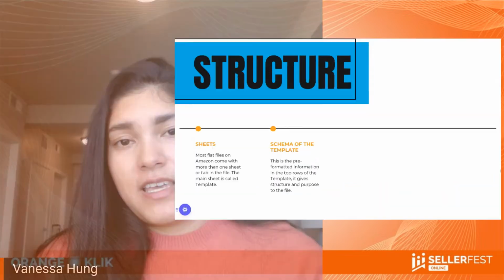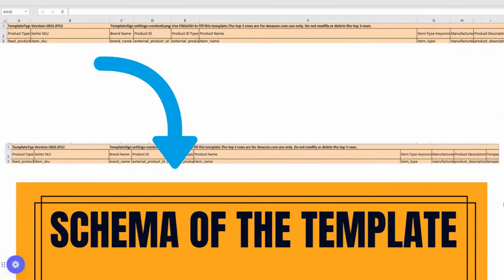So then we have the schema of the template, which is the top 3 rows of the file. And top 3 rows are in the category listing report. There are other flat files that have just 1 or 2 rows. So it doesn't matter. You just need to know that those rows are normally colored by Amazon, and you cannot delete them.